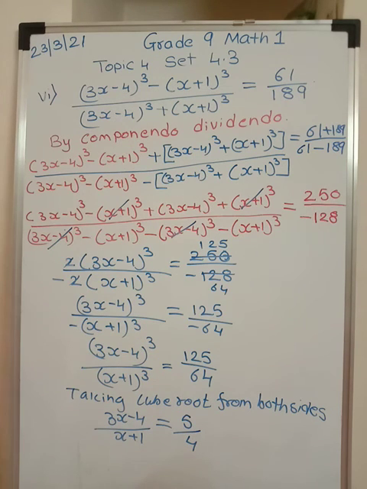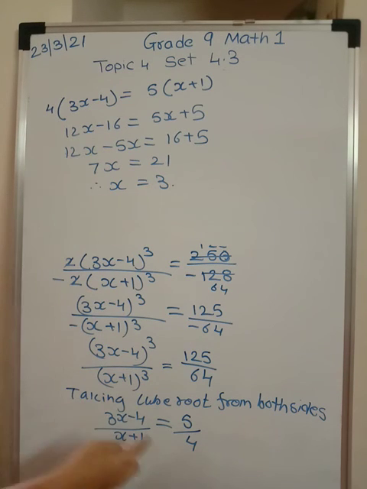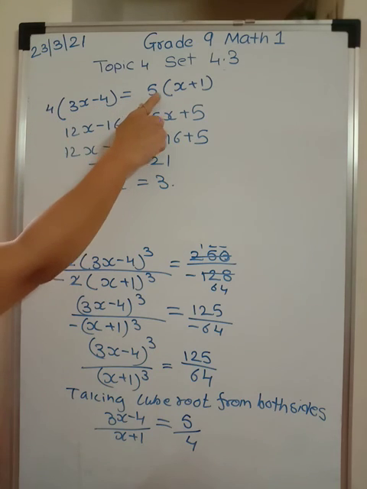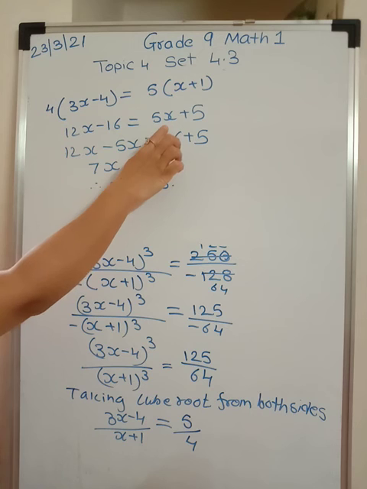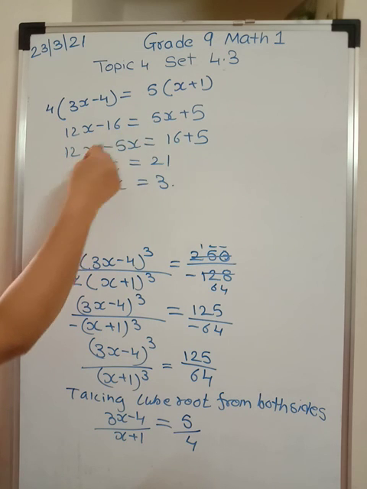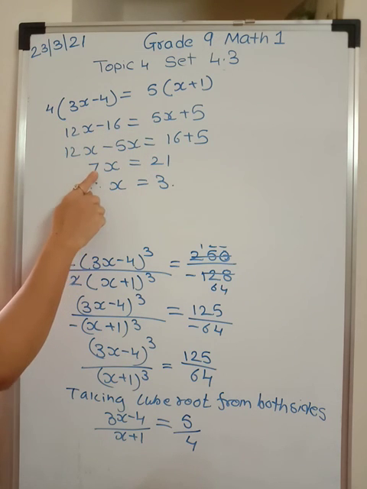Okay. Now I am just going to cross multiply. Now just look, after cross multiplying, I am going to get 4 into 3x minus 4 is equal to 5 into x plus 1. 12x minus 16 is equal to 5x plus 5. So taking all x terms together and numbers together, we are finally going to get 7x is equal to 21 and therefore x is equal to 3. You may pause the video and take down all the steps. Okay, I hope it is clear. So that is the end of your question